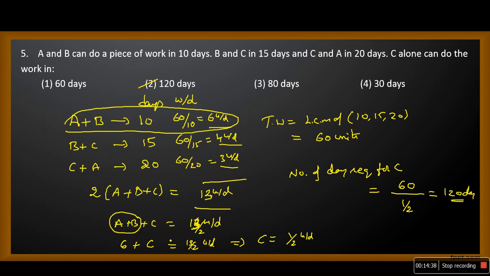It means C is doing half unit per day. Number of days required for C is nothing but total work, which we assumed as 60 units, 60 by work done by C per day, which is half. On simplification,